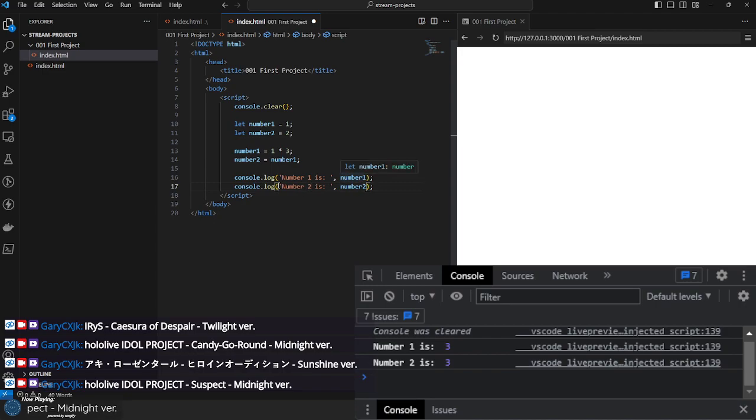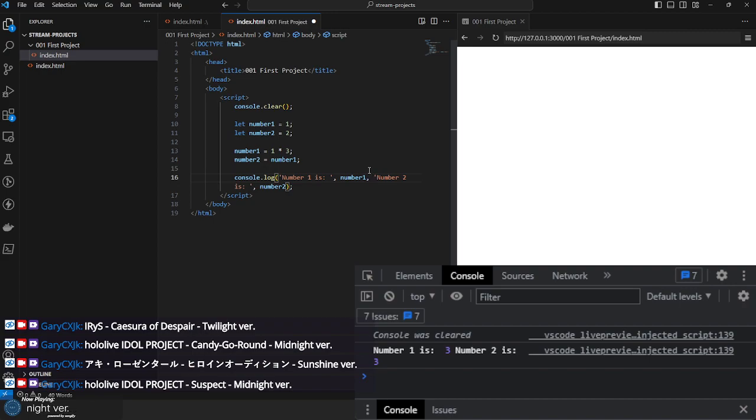This also means that we can do this: number 1 is 3, number 2 is 3. So we can actually put numbers next to each other in the console log. This makes it easier to see what number is which,